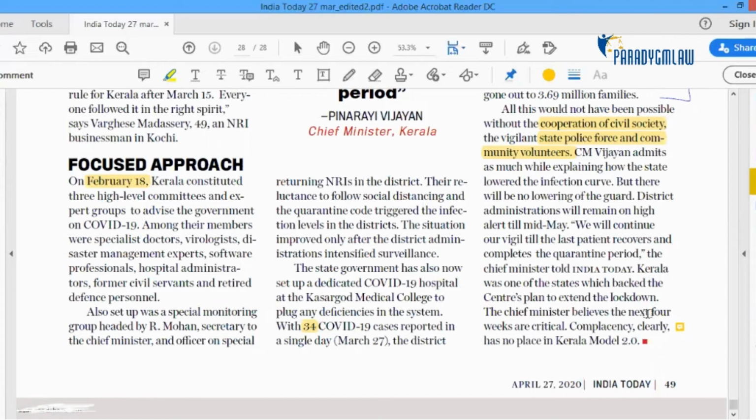Here, the Chief Minister believes the next 4 weeks are critical. This article was written probably in the second week of April, published on the 27th of April in the India Today magazine. Now, reading such articles will help you, one, in terms of saving your time, because the coronavirus pandemic has taken up so much of newspaper space that you will get lost trying to find relevant information,